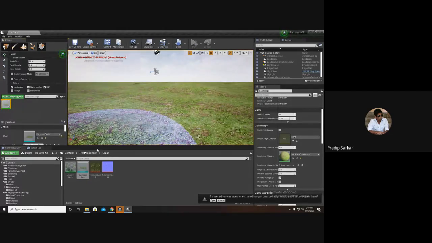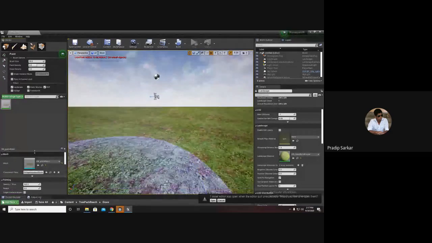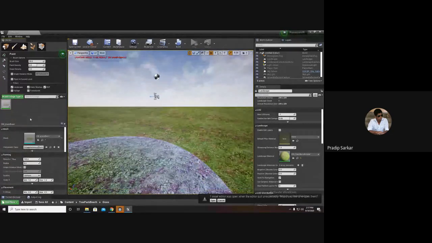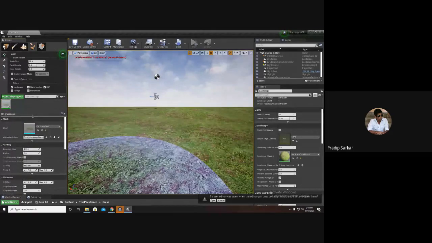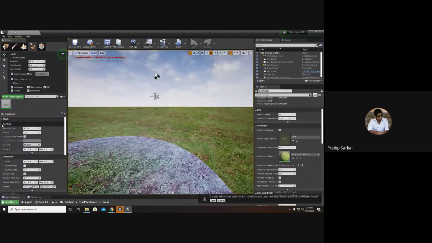Now if you see, the moment I select the grass foliage, it is giving me some of the options of it. One is mesh, which mesh it is using. Next is the painting parameters.